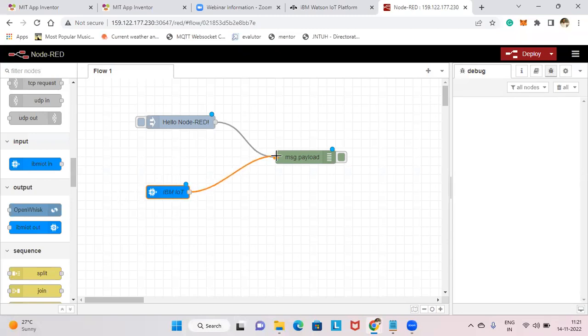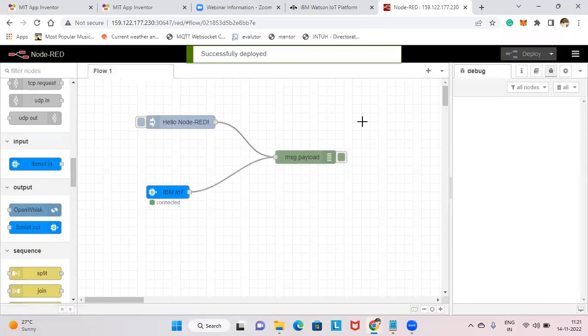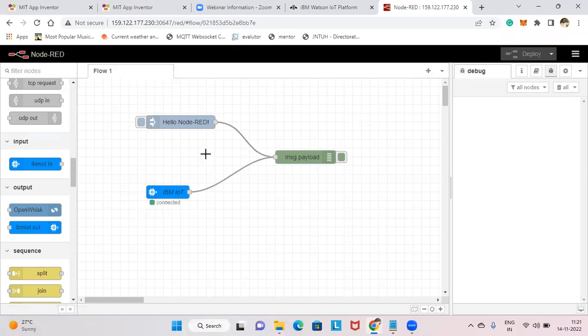So I'm just connecting here to the message.payload. Whatever data comes to the IBM IoT for that device, it should come to message.payload as well. Okay. Then just click on deploy. It is saying connected, right? So now